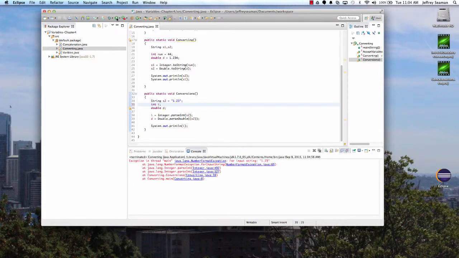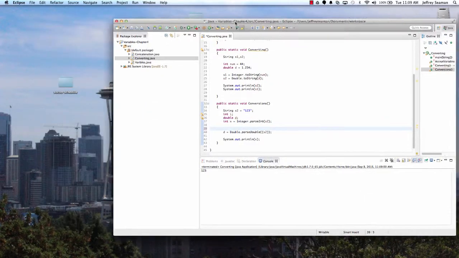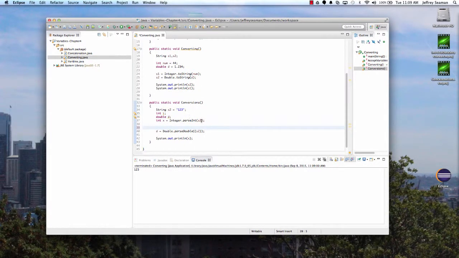But if we wanted to use another double, and we wanted to add them together, let's do it real quick. Oh, hold on. It didn't like that either. All right, so we were having these problems here. What I did is I took the I out. I tested it with this thing right here, X. When I do that, that works. So what we want to do here is take